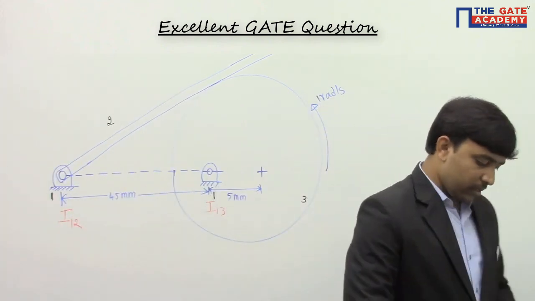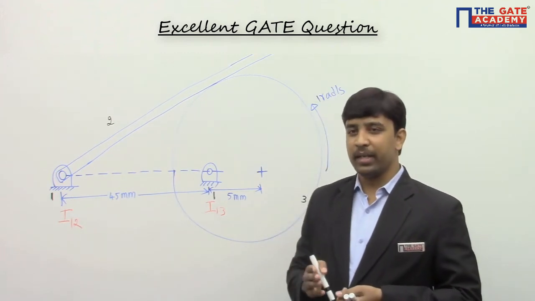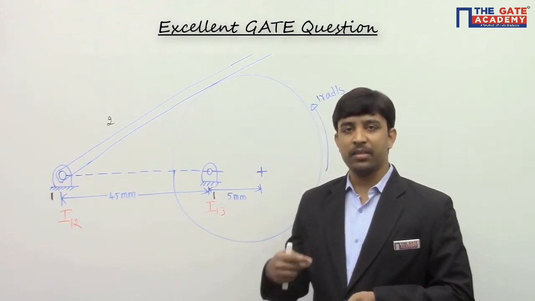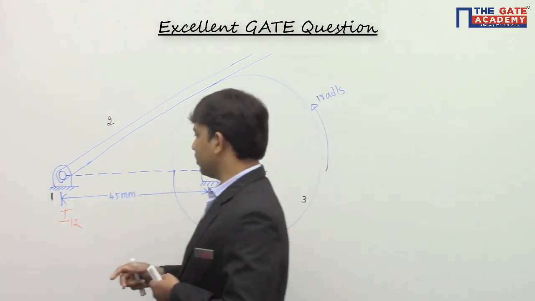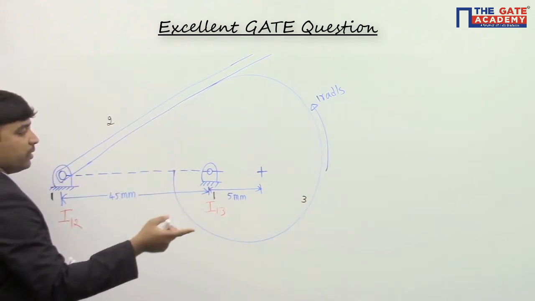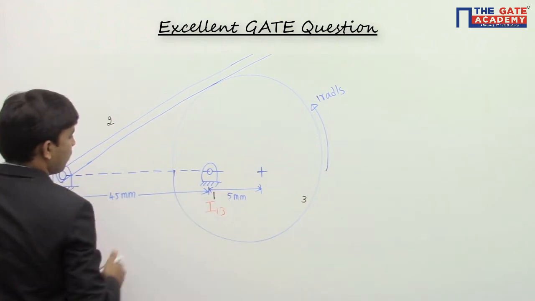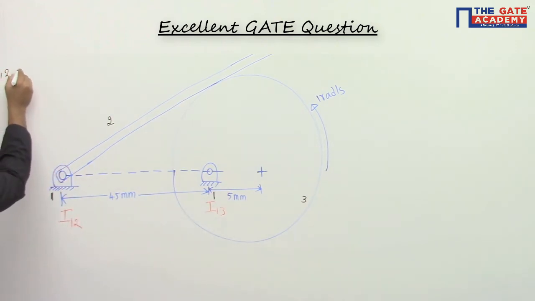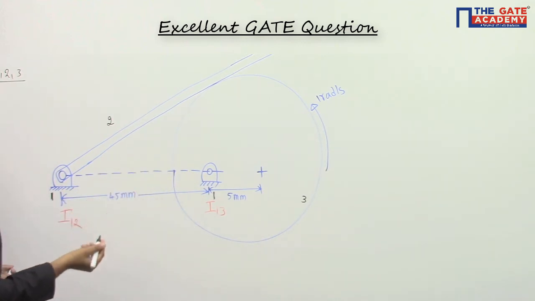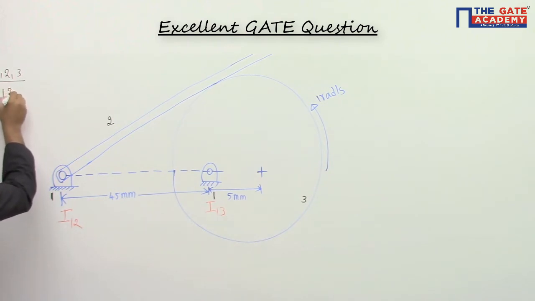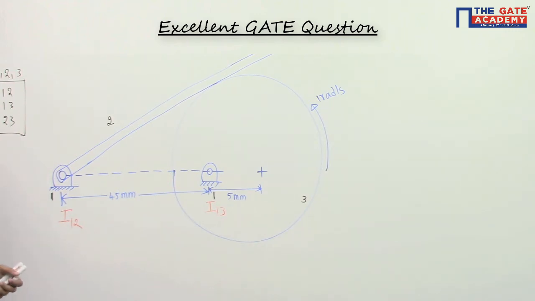We have already seen Arnold-Kennedy's theorem. If 3 plane bodies have relative motion among themselves, then the 3 instantaneous centers formed from them will be collinear. Here we have already located 2 instantaneous centers, and the third instantaneous center that is missing is between 2 and 3. There are 3 links, link 1, 2 and 3, and these 3 links are having relative motion among themselves. So the 3 I centers formed from these 3 links will be collinear. Already we have located I12 and I13, so I can say I23 lies on the line joining I12 and I13.